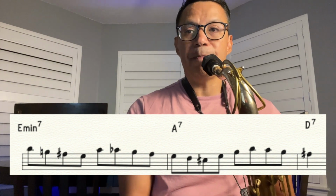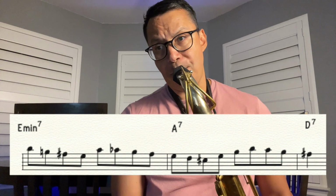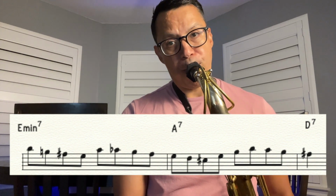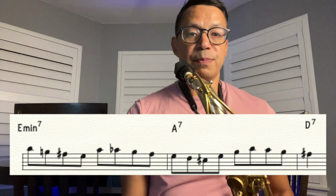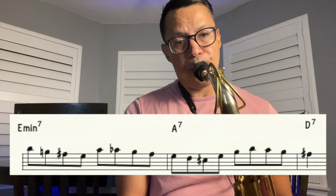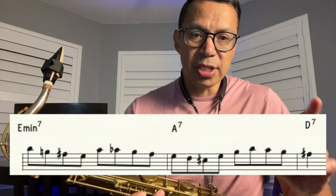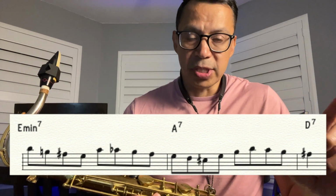So that E minor, right? Right, that's the E minor, and then the A7. And then I played the first beat of the next bar because he's resolving it. So let's look at what he's playing. I simplified the rhythm there just to make it more obvious, but he's just playing the A7 bebop scale over